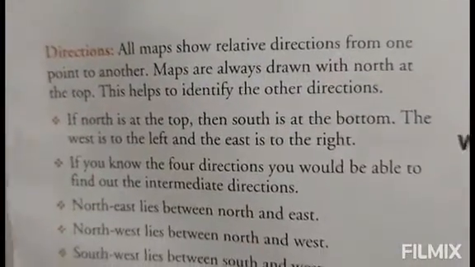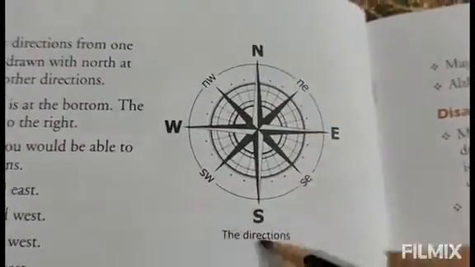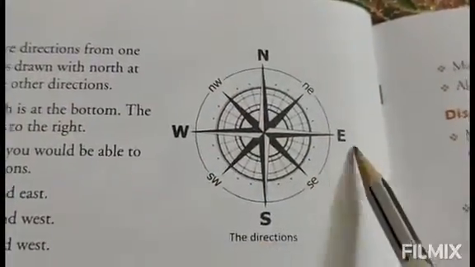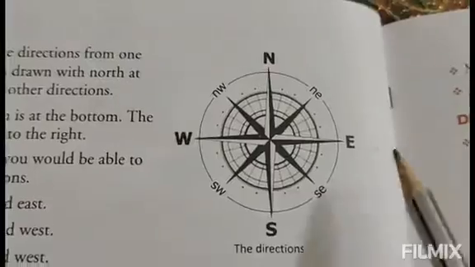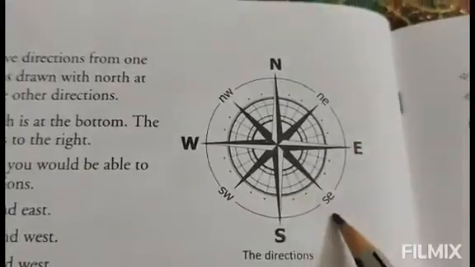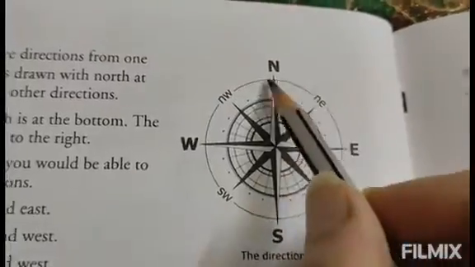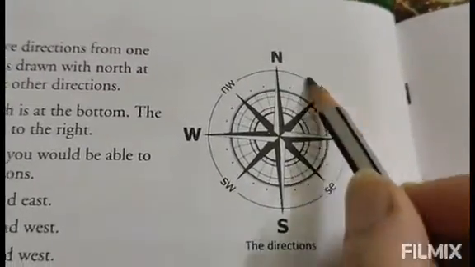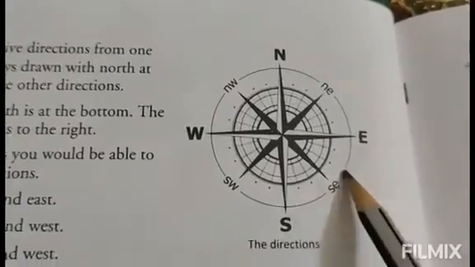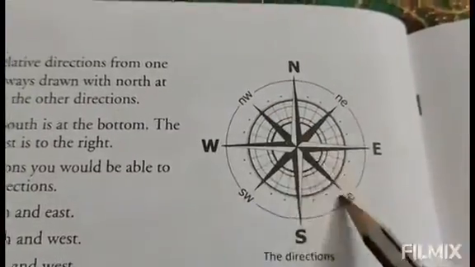Now let's see the next one. Next comes the directions. Now you can't really read a map without knowing the directions. So north, south, east, west, these are the 4 main directions and we call them cardinal directions, right? And other than these directions, there are 4 more directions: northeast, southeast, southwest and northwest. These are the intermediate directions. Now this direction is between north and east, so we call it northeast. This one is between south and east, so we call it southeast. So the main directions are called cardinal directions and the ones in between are called intermediate directions.